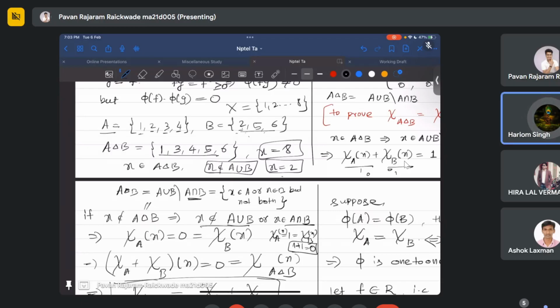Yes sir, now it's clear, thank you. Wait, no, I got your doubt. There is some technical mistake here. If it is there in the intersection, then it will be in the union, right? Of course, this is not the mutually exclusive case. So how can I write this? If x is not in the symmetric difference,